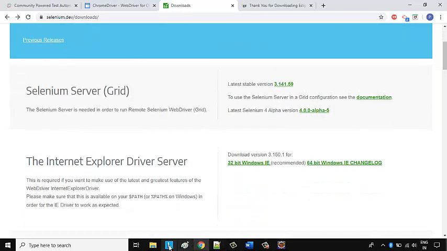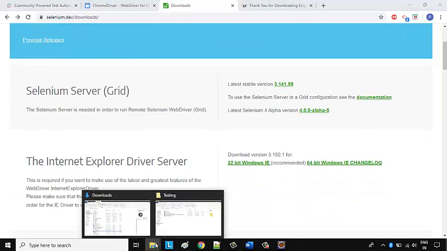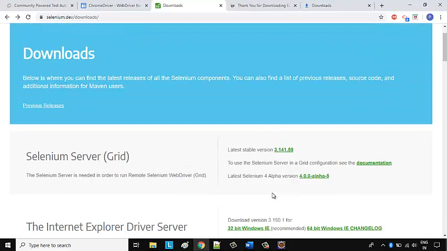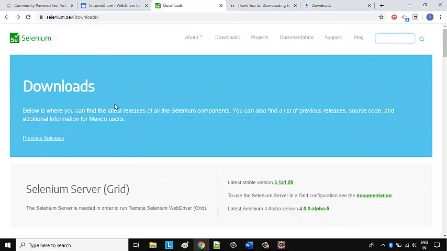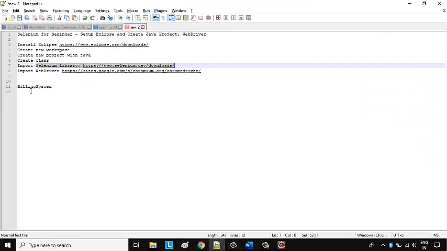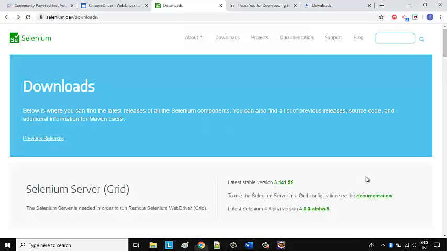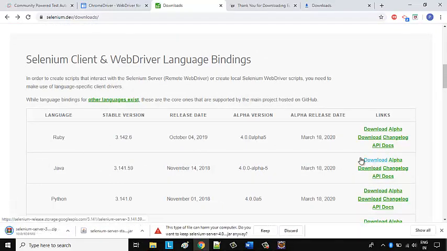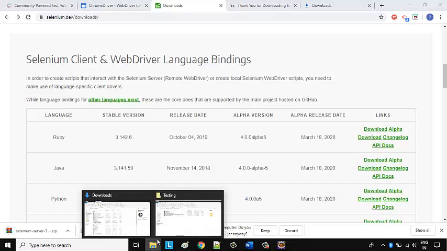Like, I already downloaded one Selenium version, selenium 3.141.59. Okay friends, so download that option. We have the selenium.dev download option, so I just listed that option over here also. What you need to do is click on Selenium WebDriver Java, then click on the download option. Once you start, it will start downloading that zip file. I already have the zip file available with me.